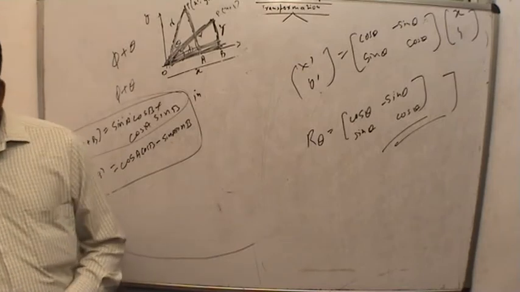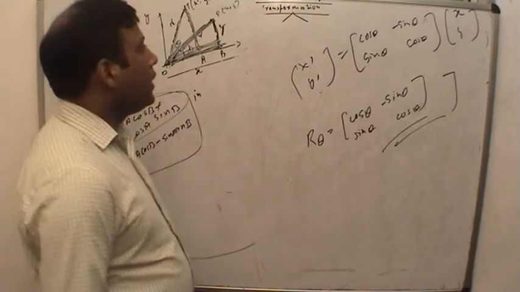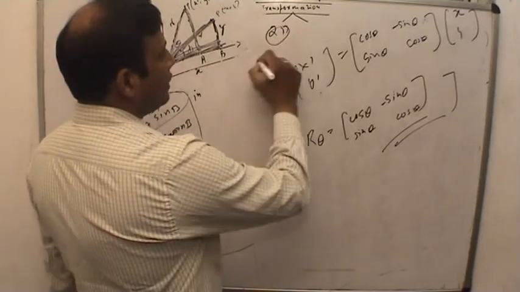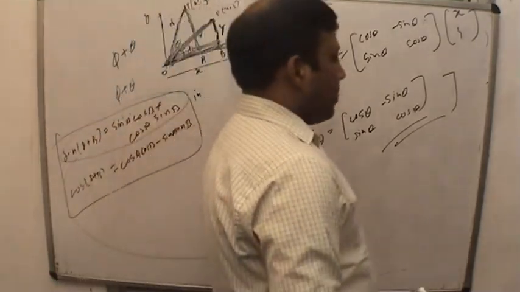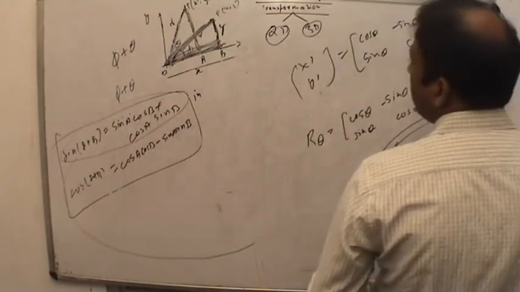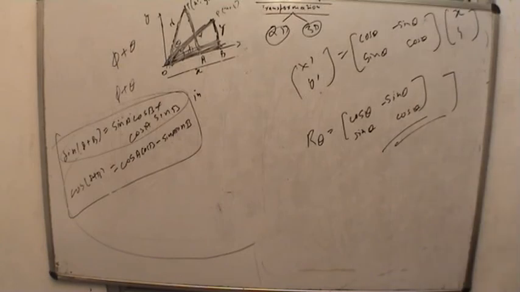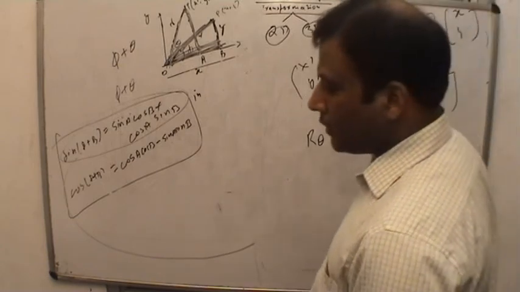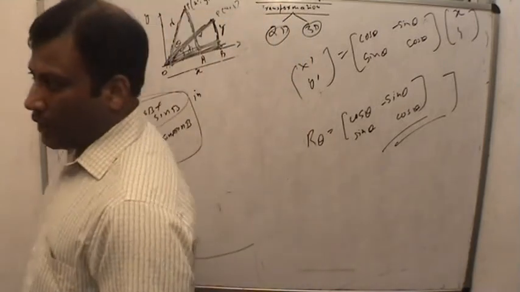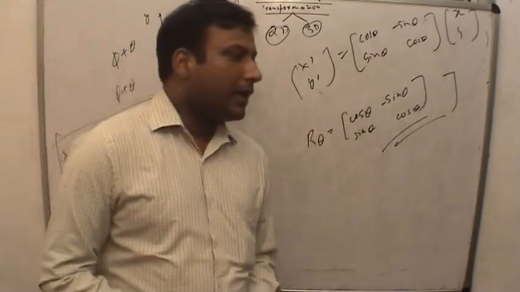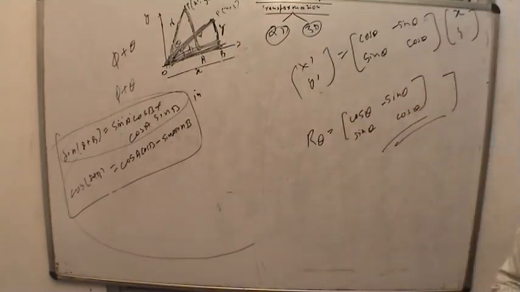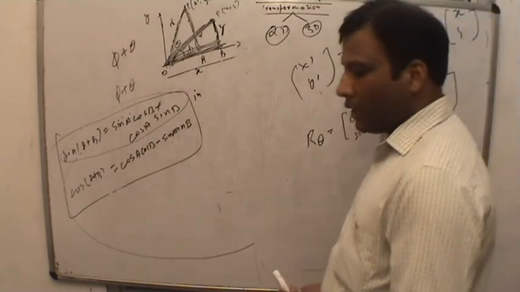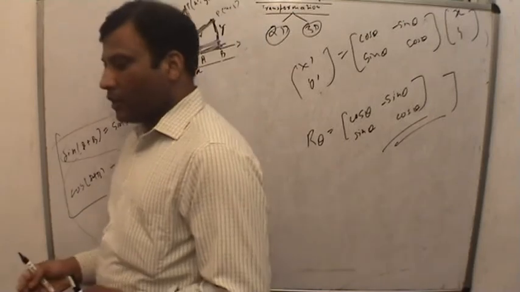Today we have discussed transformations of 2D graphics. In the next class we will discuss transformations on 3D graphics. How can we transform the object in 3D graphics? Because we have 3 coordinates in 3D graphics: the x plane, y plane and z plane. When we apply rotations, we have to apply x, y and z axes, and we have to find the equations of x dash, y dash and z dash. When we translate the 3D object, we have to displace the object from one place to the next.